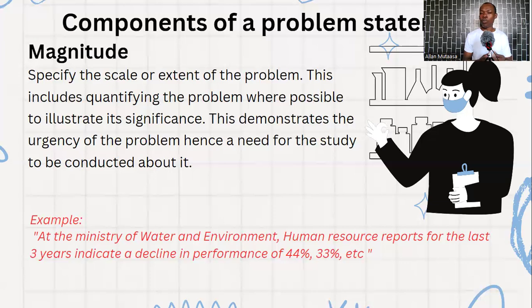Okay. So now you could look at your dependent variable. In this case, we have performance as the dependent variable. So if performance is the dependent variable, we need to ask ourselves, how can we measure performance? Okay. So if we can measure performance directly, maybe if we go to the reports, the human resource reports, and then the human resource officers have done a good job of helping us to calculate the performance that they achieved in a specific period of time, maybe 12 months, and they have that in a report somewhere,